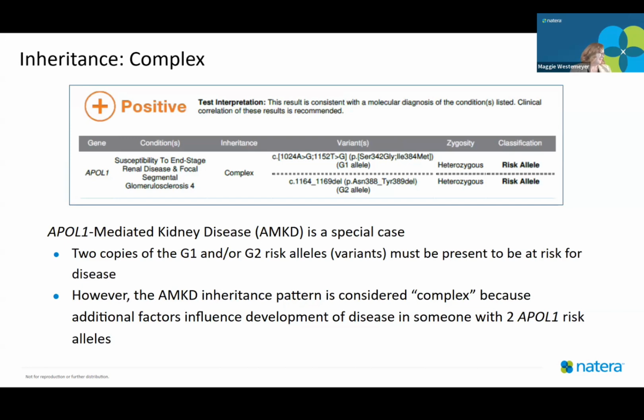And just referring back to the great talk here from Dr. Collins, we report out risk allele findings with a complex inheritance pattern for the APOL1 gene. So APOL1 is sort of going to be a bit of a unique case on our test, where the inheritance pattern is defined as complex because it follows a recessive model, but we recognize that additional factors have to occur for someone with the G1 and G2 risk alleles who have at least two copies, right, of those risk alleles